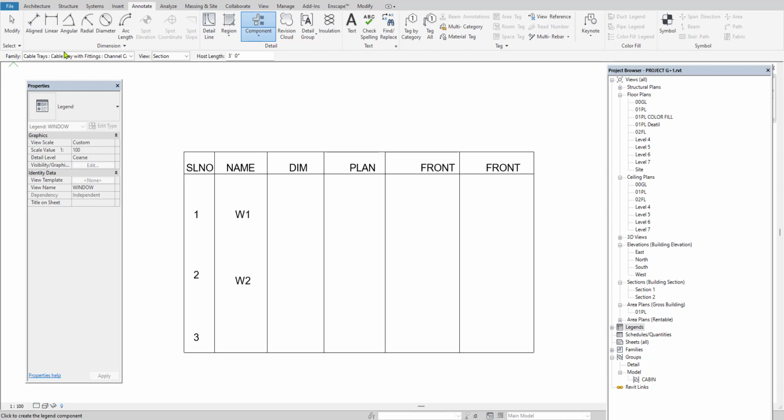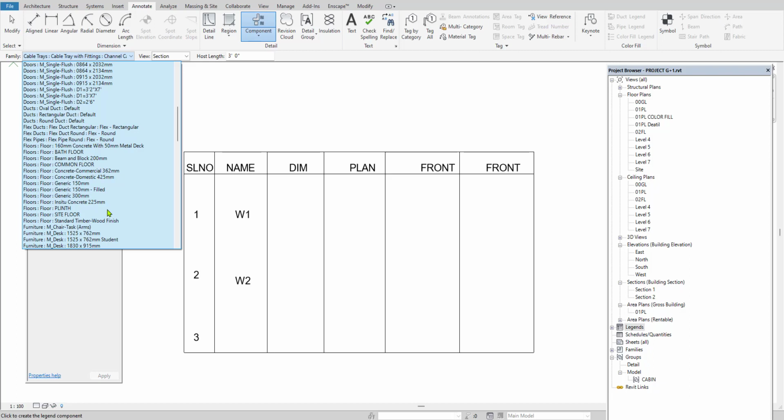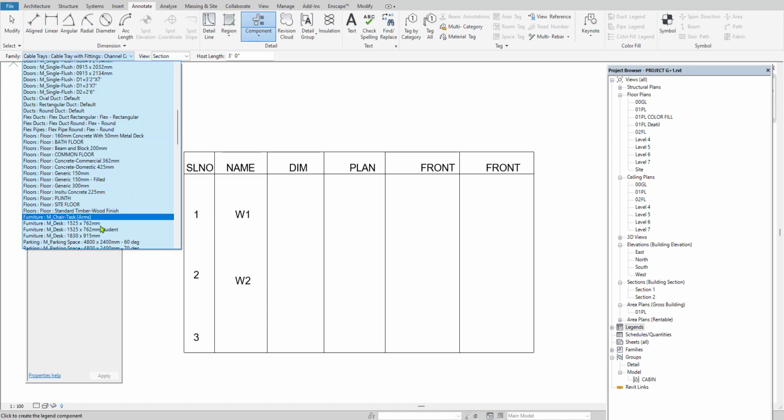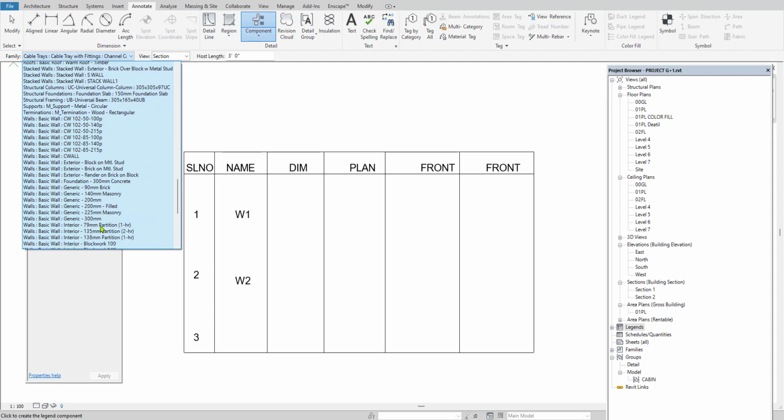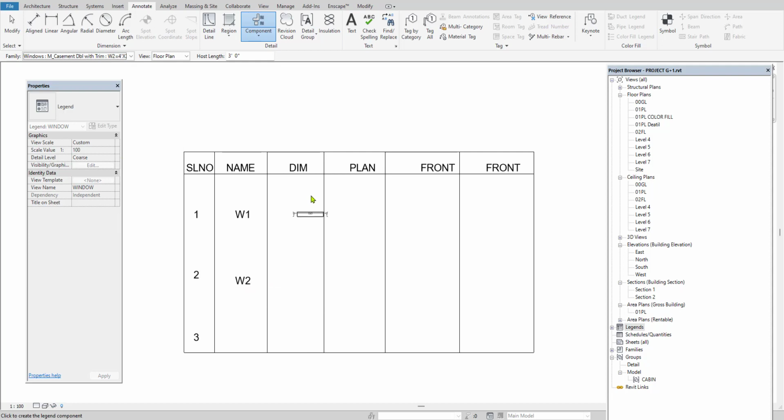So here we have a family option. In that you go and then select the families or search for the families whatever you used in your project. So if you are going for the doors, here you have the doors with the name. We already renamed it while placing, and then just scroll down to get the windows detailing, and ventilator, that is W4 like that. I just take a W2 and W2 dimensions you can give, and then here we have a floor plan. Place it, change the view into front, place it, change the view into back and then place it.